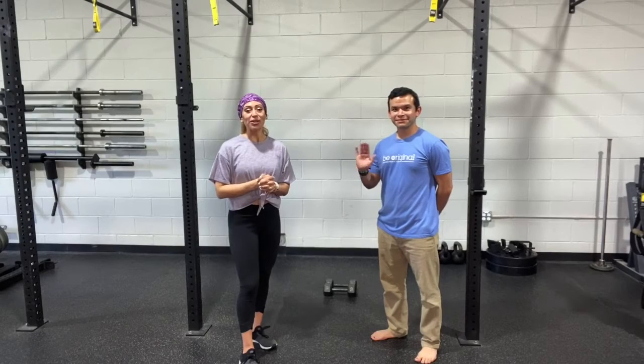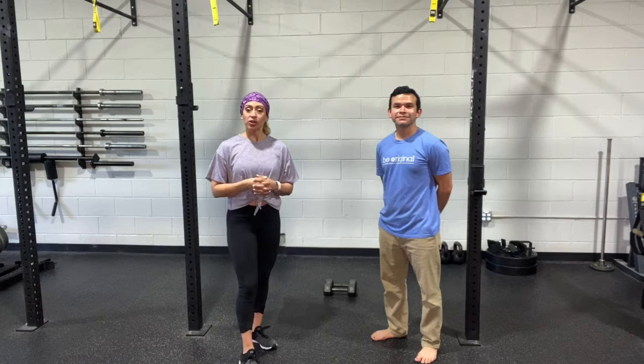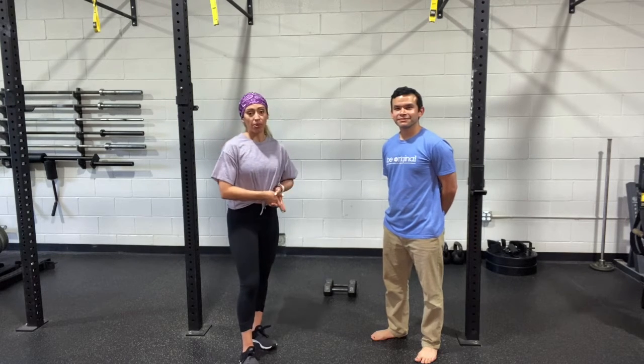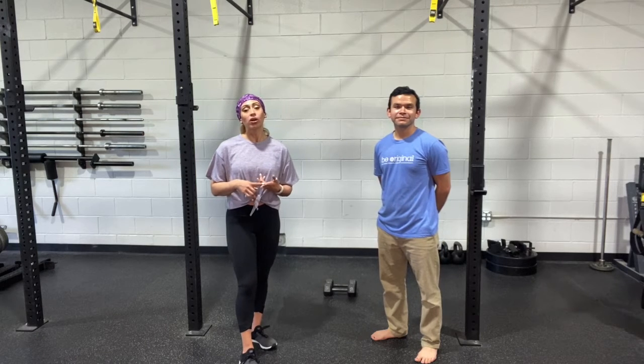Hi you guys, we see a lot of you out there working out, which is really good. And I know a lot of us are limited in the tools that we have. We can't find a kettlebell anywhere. They're basically on back order forever, it seems. But a lot of us do have dumbbells. So we wanted to go over a quick complex that's going to help you get your heart rate up and